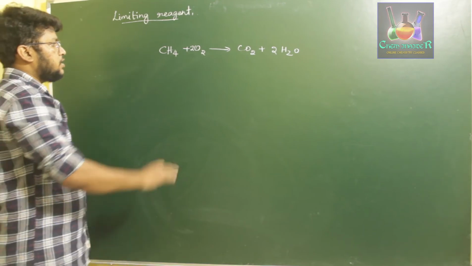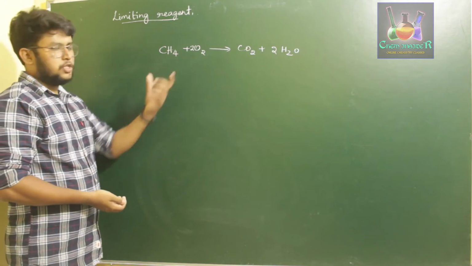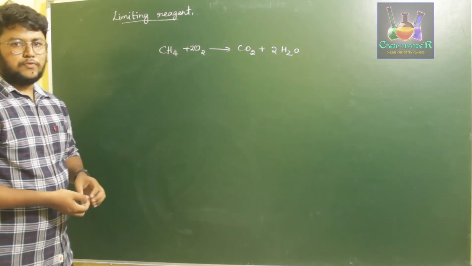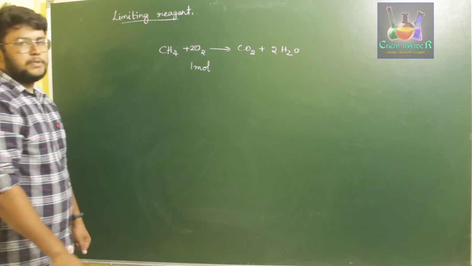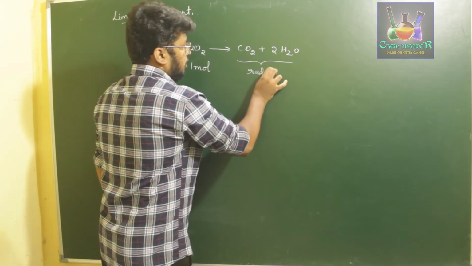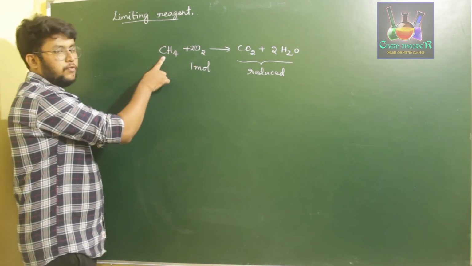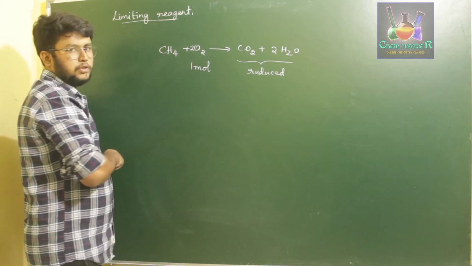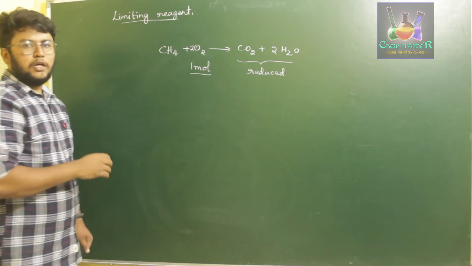So if, instead of taking this reaction in this order, I take one of the reactants in a slightly lesser quantity, say instead of 2 moles of oxygen I consider just 1 mole of oxygen, what we observe is the amount of product formed will be reduced. That is because for the CH4 to get completely converted to CO2 and H2O, we require 2 moles of oxygen, but we have given just 1 mole of oxygen. Therefore, the amount of product formed will be reduced.